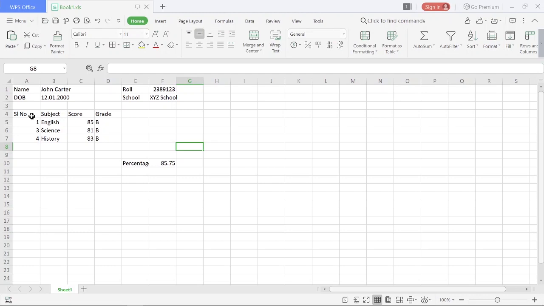So in this video, we will see how to read this file if the column headers are changing, which means you want to read the report of multiple students, and you have one program for that. And suppose by mistake the U in subject is capital in one of the files, and in another file C is capital of score and S is also capital.